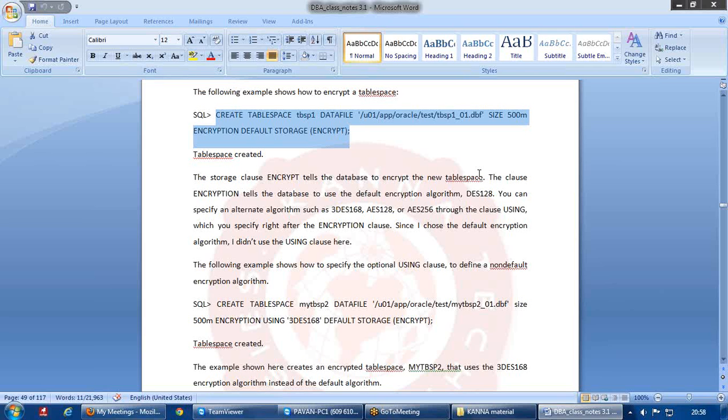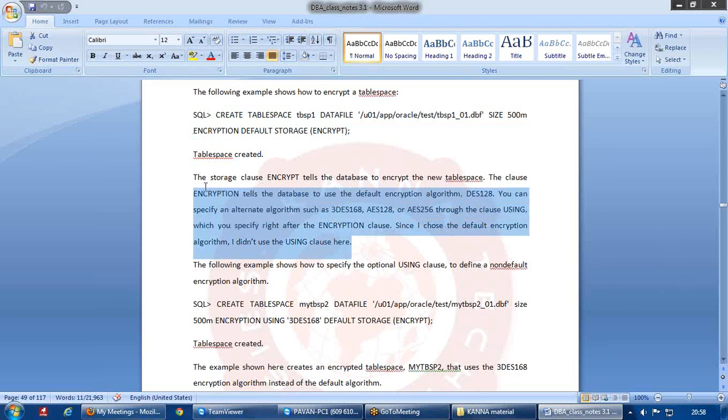And whenever you have encryption in place, there will be some encryption algorithms. Similarly, Oracle also has some algorithms in place. If you look at the next paragraph, it says the storage clause encrypt tells the database to encrypt the new table space, and the clause encryption tells the database to use the default encryption algorithm.